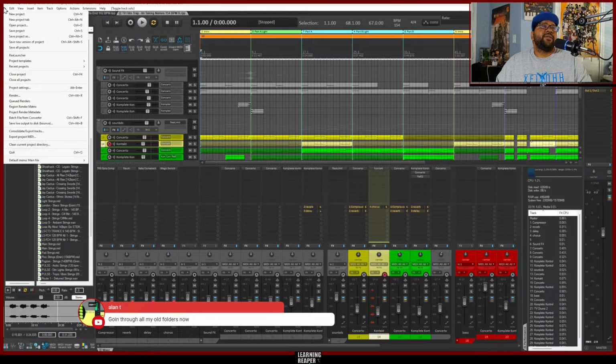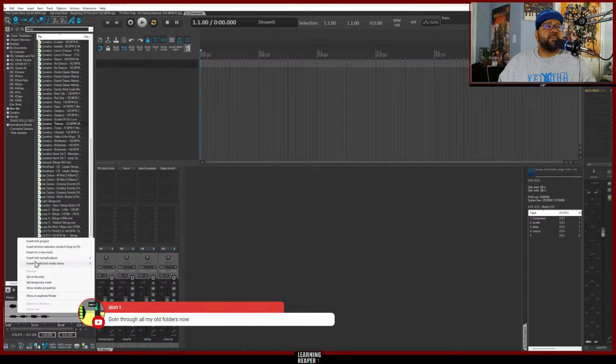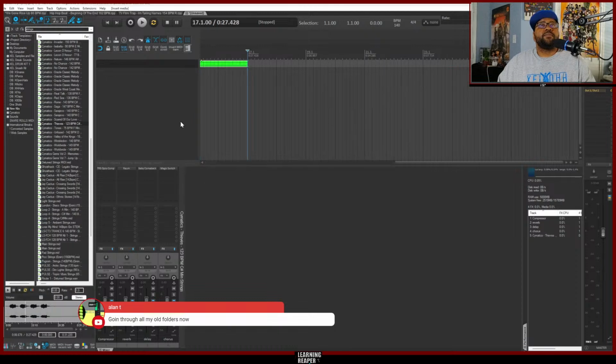And the thing I really like is that you can just make a new tab. What was that one that I just had? So now I have this little